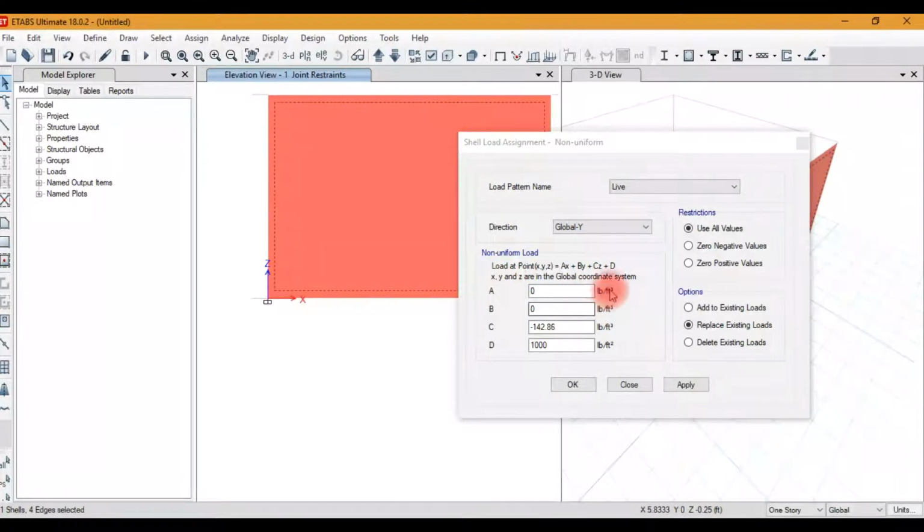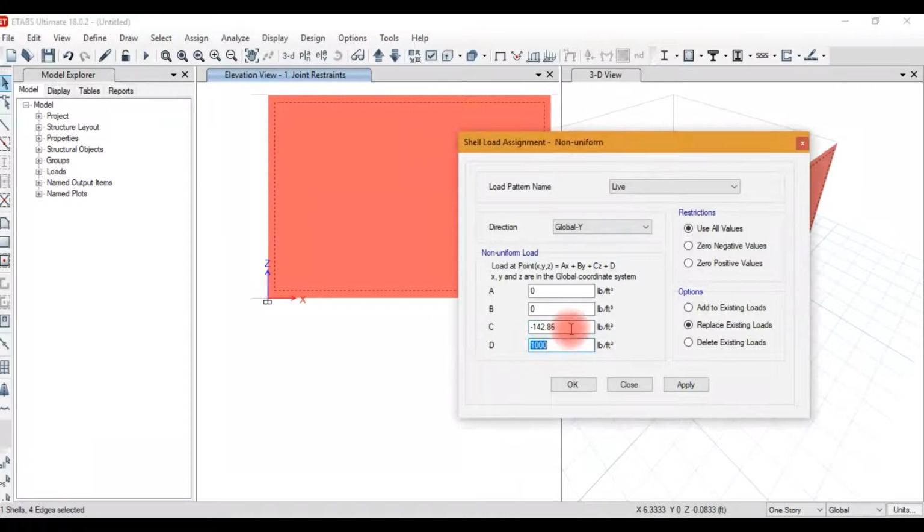At the base, Cz plus d is equal to 1000. Here z is equal to 0, so d is equal to 1000. At the top, z is equal to 7, d is equal to 1000, and load is equal to 0. So minus 1000 divided by 7 becomes equal to minus 142.86.